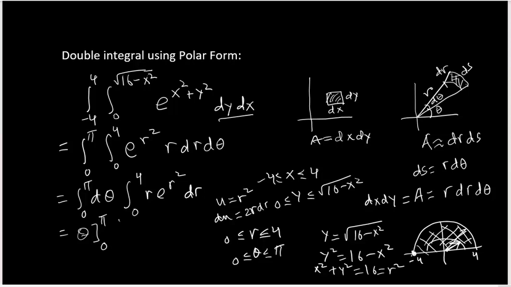So the integral basically now is 1/2 e to the u, and u is r squared, so e to the r squared, and the limit is 0 to 4. Now we got 1/2 pi, and then here e to the 16 minus e to the 0, which is 1. And that's our integral. We complete this one